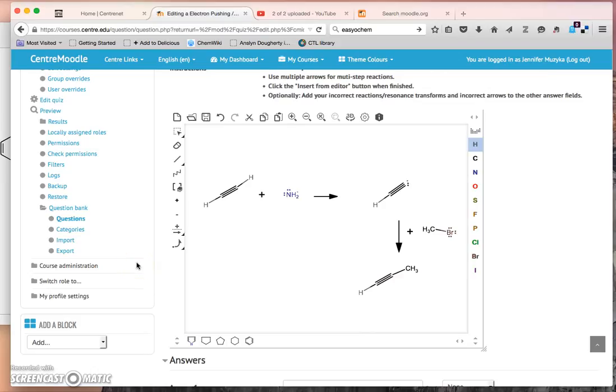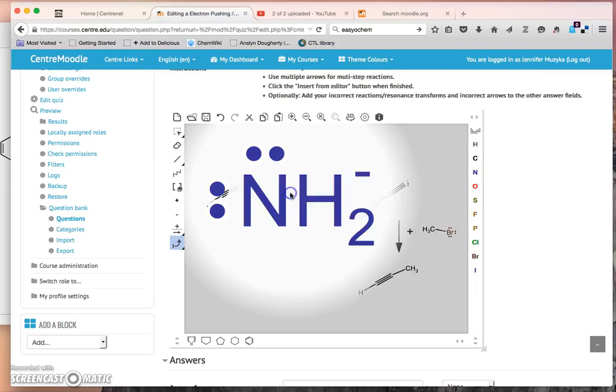But now what we need to do is go in and put in the answer. Here's the curly arrow that we use to show the mechanism. And the standard one that likes to pop up is the fishhook arrow, which is not the one we want. We wanted the other one. So it's hard for students to get the one that they want. So I click on the